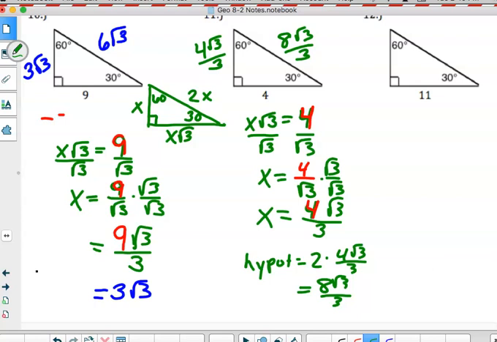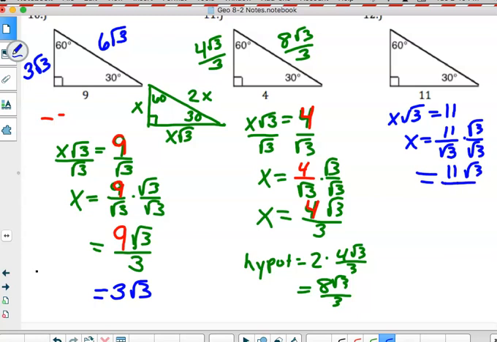Go. Okay, welcome back. Okay, I've got, again, x the square root of 3 is equal to 11. I divide by the square root of 3, and x is 11 divided by the square root of 3. I multiply by the square root of 3 over the square root of 3. I get 11 the square root of 3 all over 3. That is my short leg. I multiply that by 2, and I get 22 the square root of 3 over 3 for my hypotenuse,